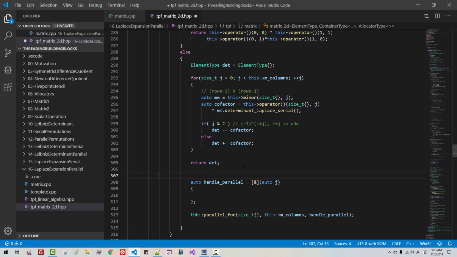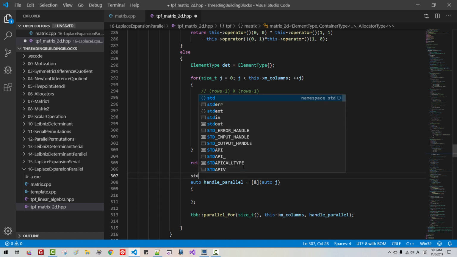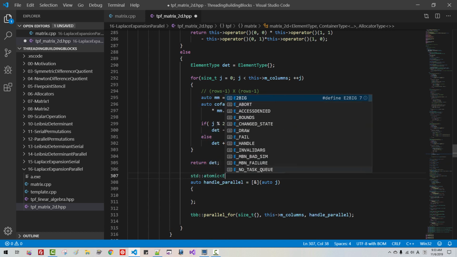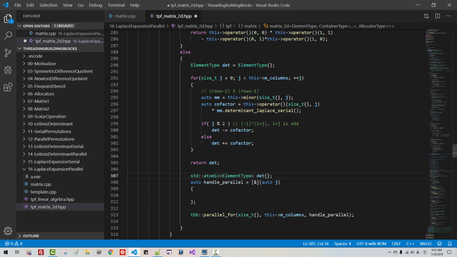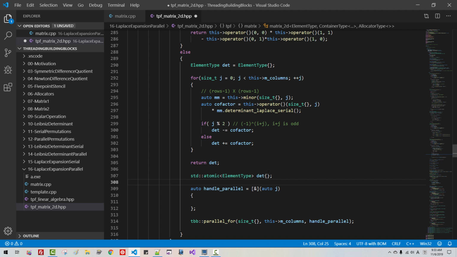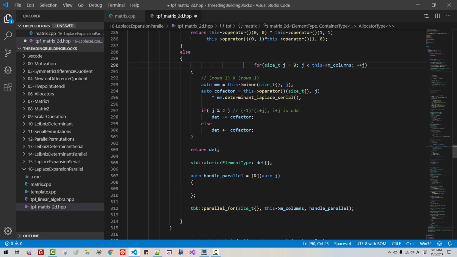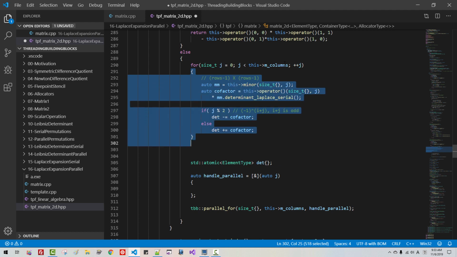Now in this part, std atomic element type det, we declare det, so we don't need this. We delete. Now in this body, I copy,